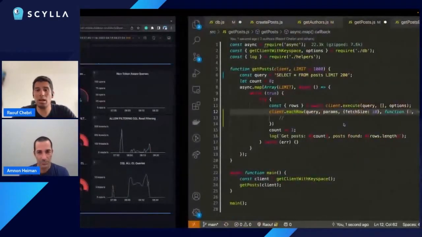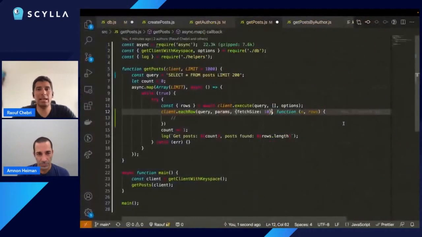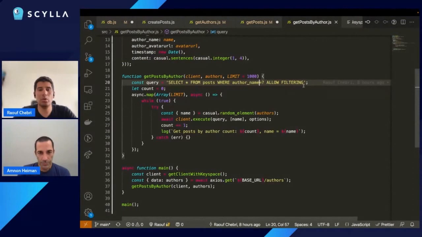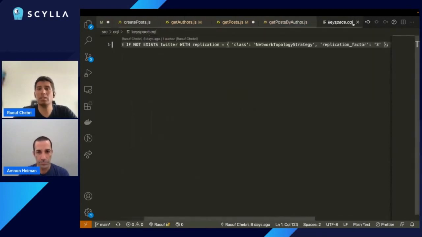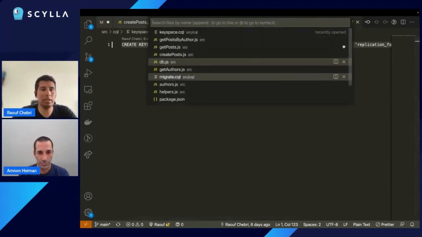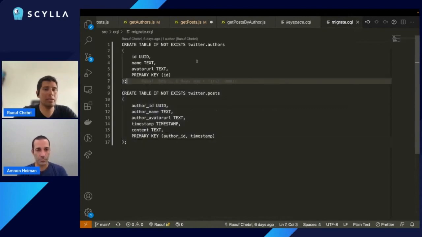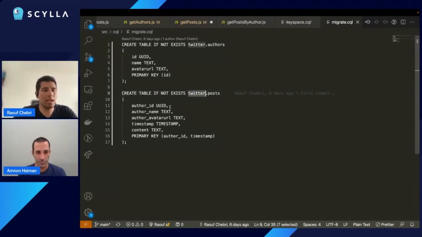Okay, so actually, I can think of an instance of that, and it's when I get the post by author. So here I'm using allow filtering because I want to get post by author name. And if I go back to actually not the key space, but I have another file here, MySQL, just to show you my schema here. So I have a table authors and I have a table posts in the Twitter key space,